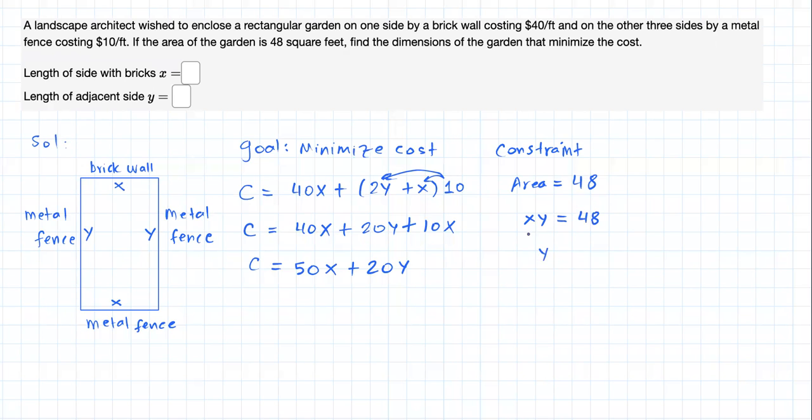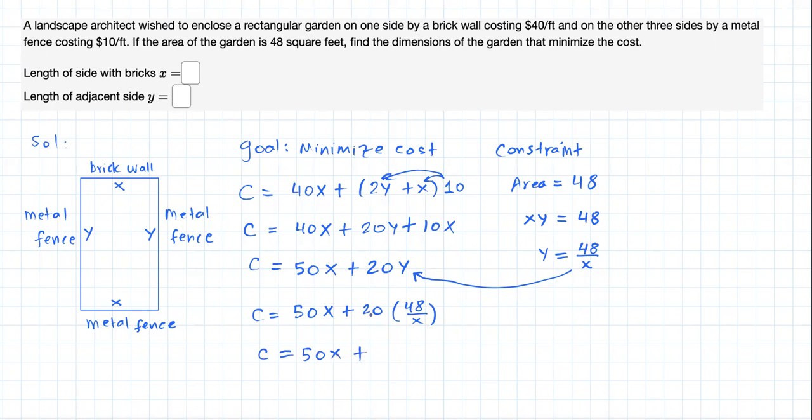From here, dividing both sides by X, we get that Y should be equal to 48 divided by X, right? Now, if we substitute this into our cost function, we get that the cost function will be 50X plus 20 times 48 over X,